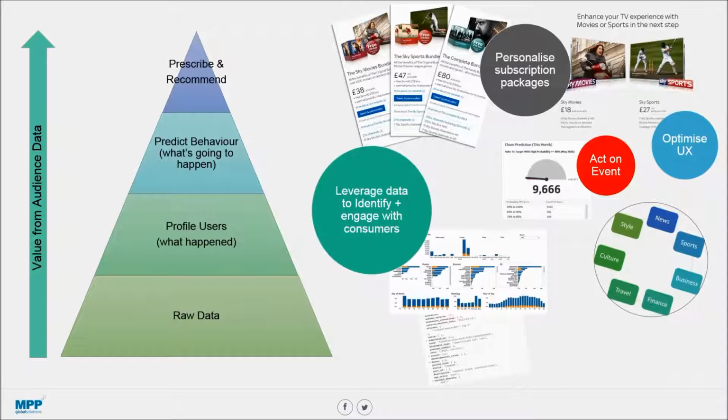The top part of the pyramid is those personalized, seamless, optimized services, such as recommendations, suggestions, optimized packages. To be able to do that, we need to work our way up this pyramid from the raw data. So in order to produce those kind of optimizations, we need to do the data science at the layer below, which is generally prediction. So machine learning, algorithmic prediction of things like churn,